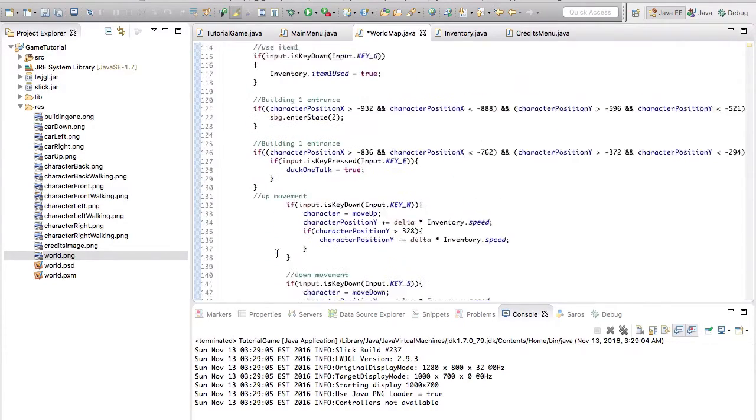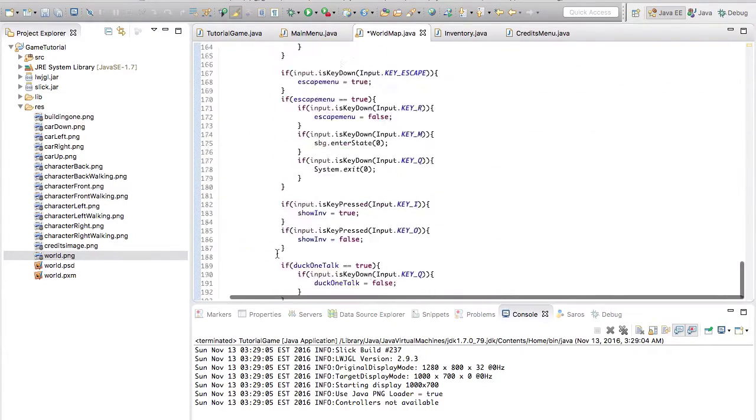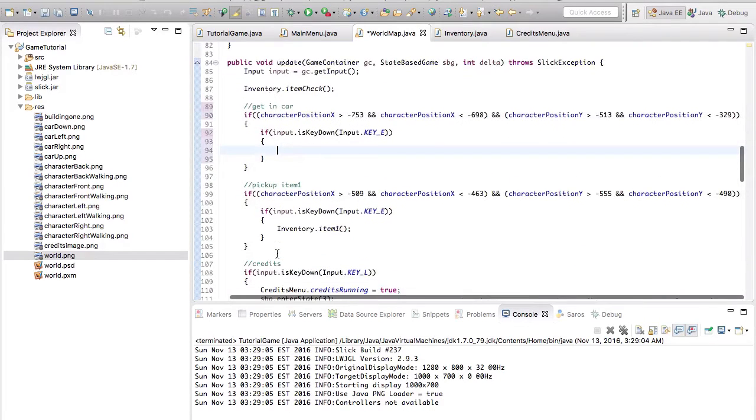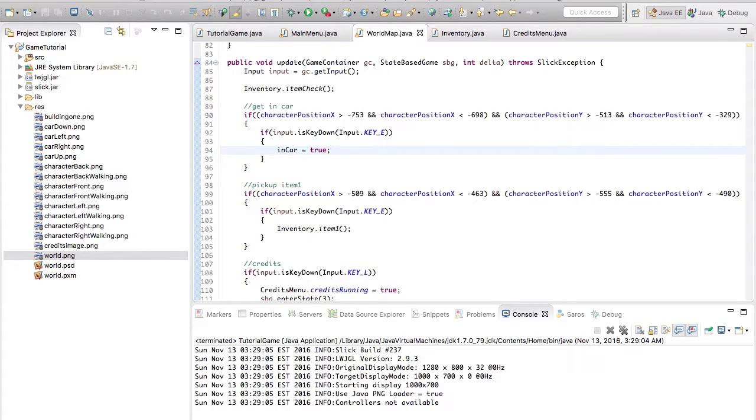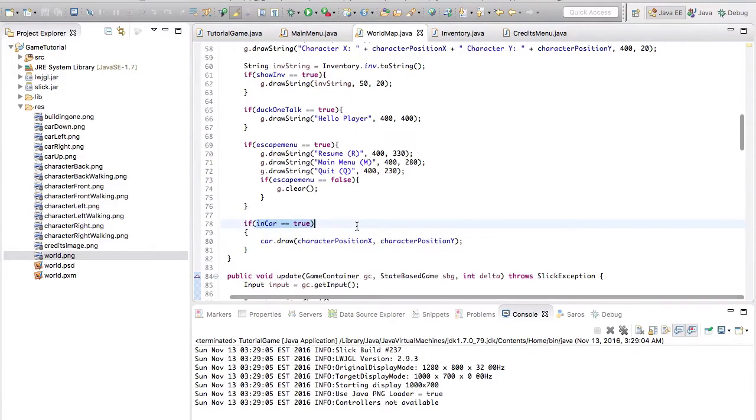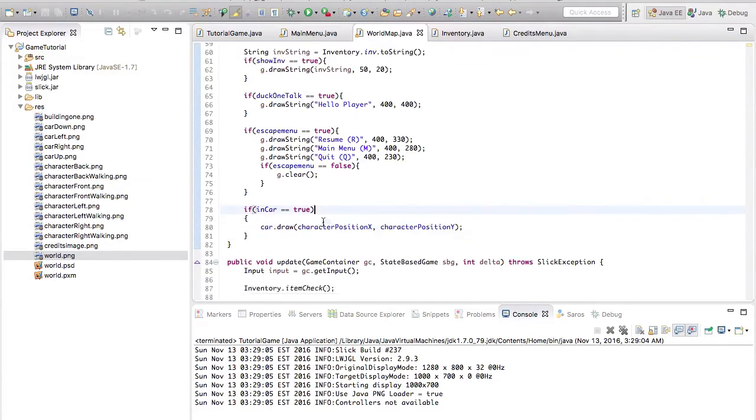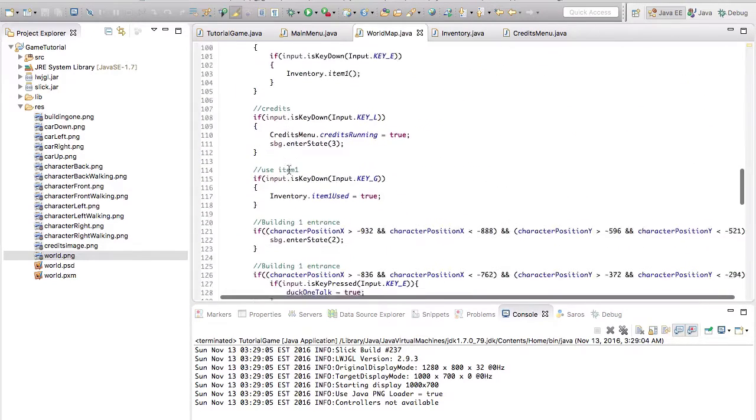In car. So now we're going to say in car is equal to true. So now that we're saying we're in the car, up here we said if we're in car, we're going to draw the car. So now we go down to our player,